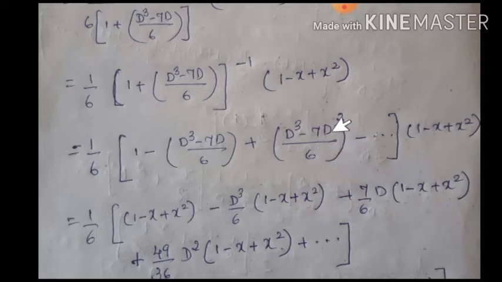So D square, the second derivative: the power of the derivative is 2 and the power of the polynomial is also 2, so you will have a non-zero term for that. So write down those terms. And minus 2ab: when you do it, D cube into D will become D to the power of 4. Again, you don't have a non-zero term for the D to the power of 4 derivative. So I have multiplied D square, only that term, with 1 minus x plus x square. Now let us find out the derivatives of that.